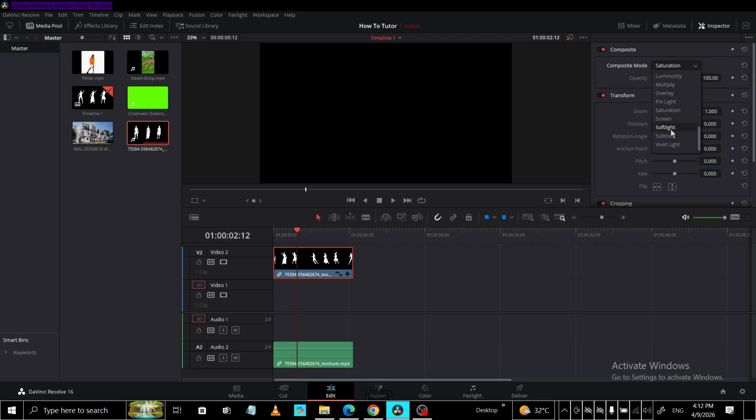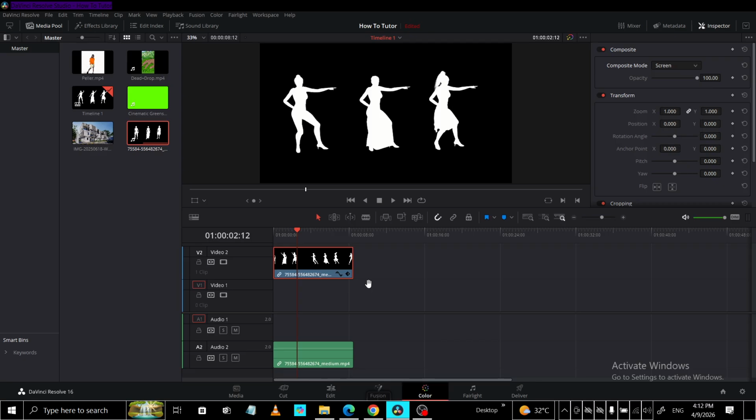Take a moment to play through your timeline and see how each mode looks. Try switching between Screen, Add, and Lighten while your clip is playing. If the effect is too strong, you can usually lower the opacity of the overlay clip in the same inspector panel until it blends nicely with the footage beneath. This approach is perfect for overlays like lens flares, smoke wisps, dust, or particle effects, especially when they were